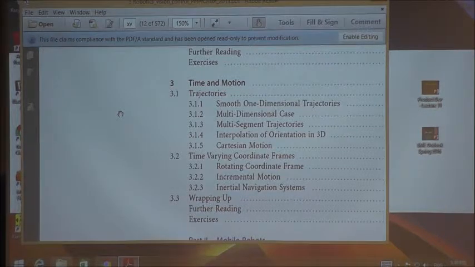Okay? So, in the area of manipulators, you also need to understand trajectory planning. What kind of trajectories do we have? We have trajectory planning in the joint space and trajectory planning in the Cartesian space. For example,